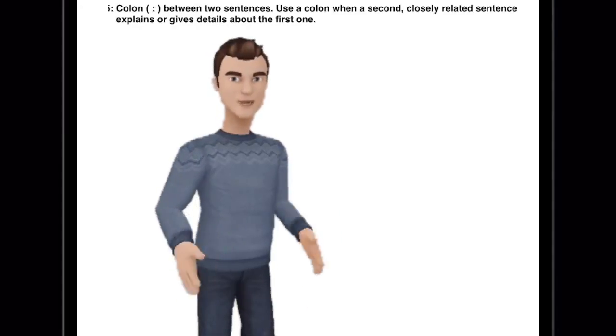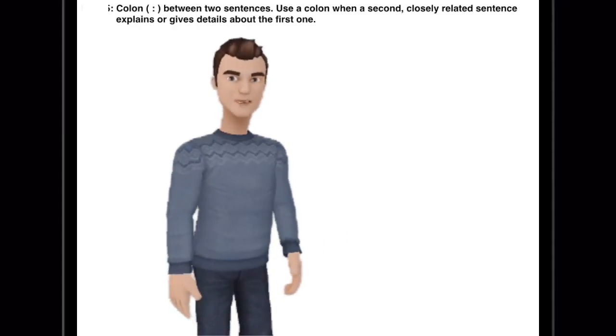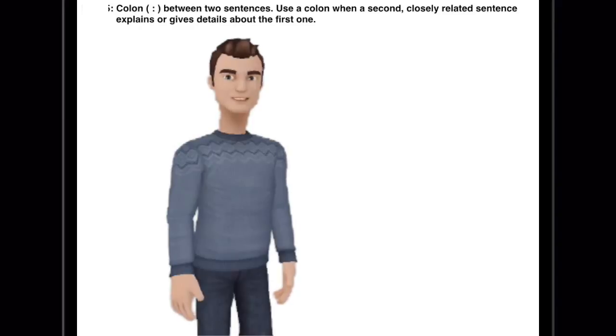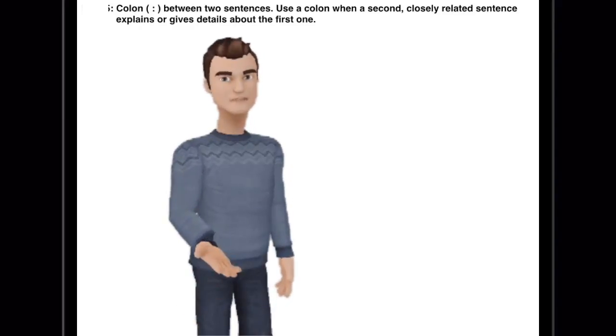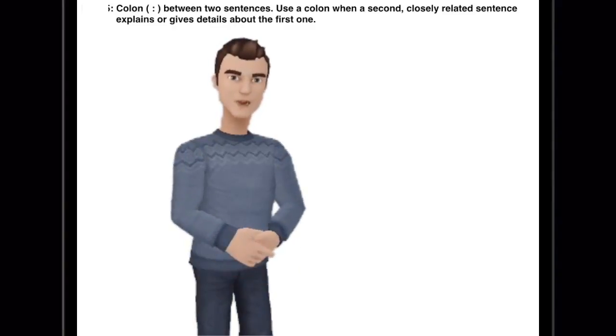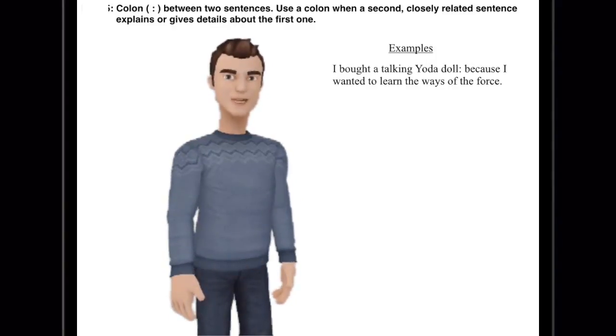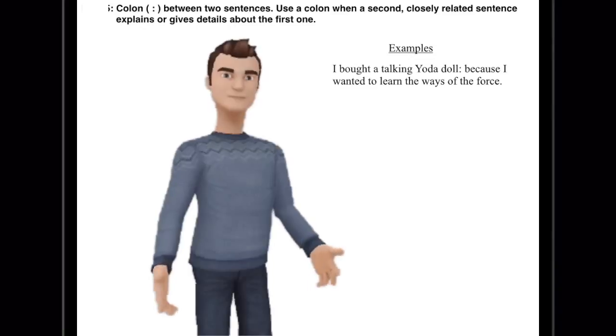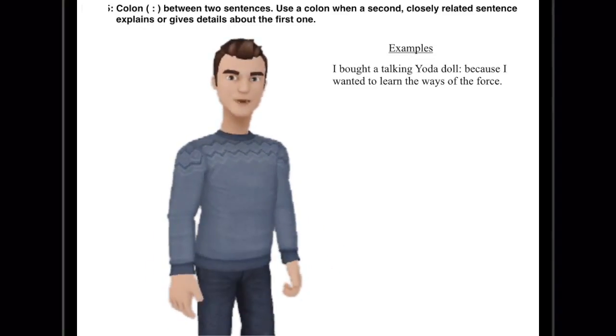Rule 5 is something that can be really cool if done right. This is when you have a sentence, then a colon, and then another sentence after that that's an example of that sentence. So for instance, in this sentence we have, "I bought a talking Yoda doll because I wanted to learn the